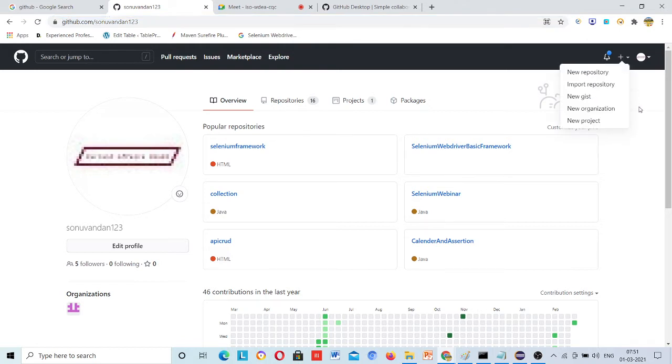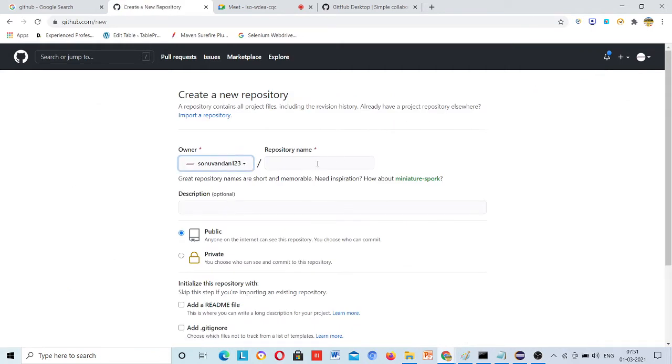Just click on this plus button and create a new repository. Give it a name that is easy to relate to: weekday Java tutorials Feb batch. Now I can relate that this is the weekday Java tutorial Feb batch.